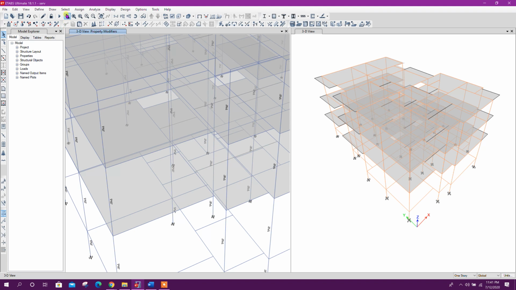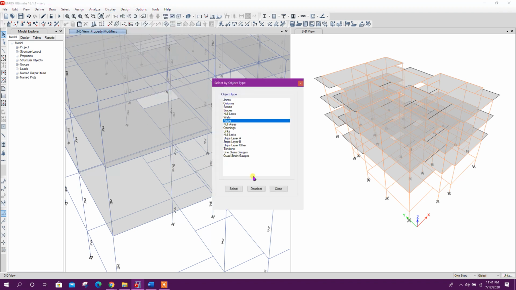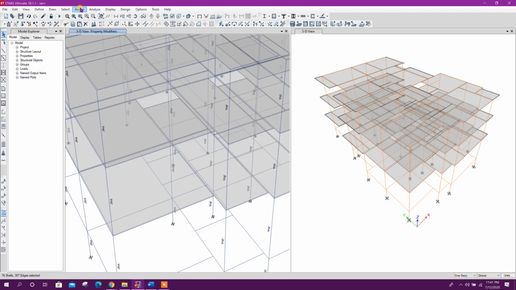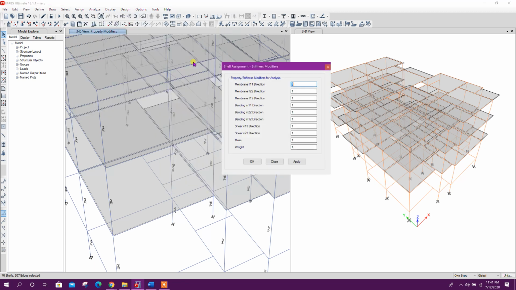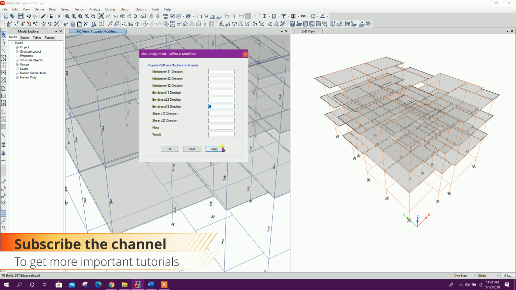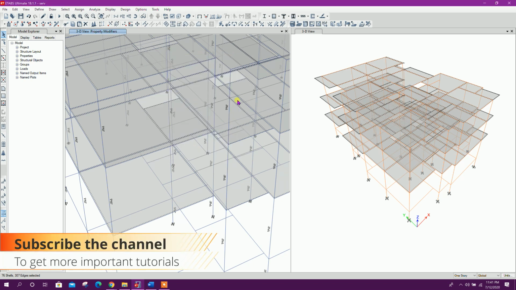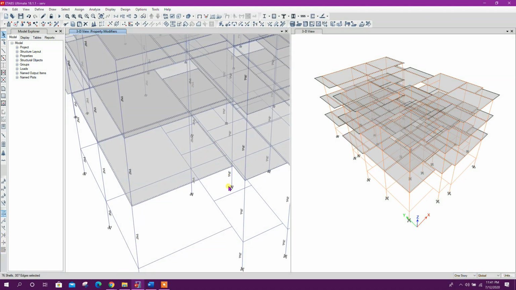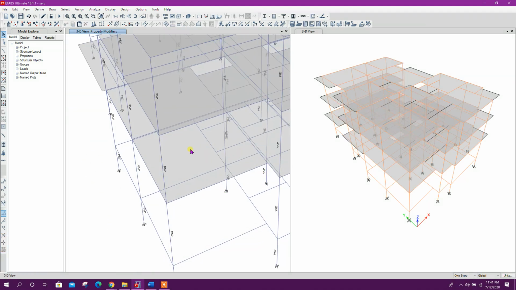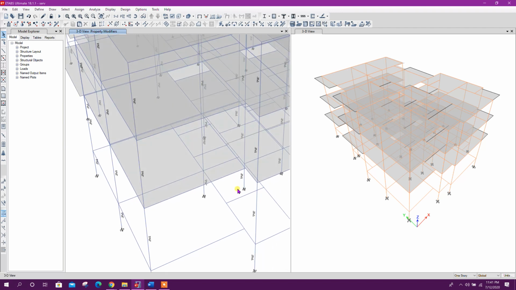For slabs also we can use the same way: object type slab, then assign shell. Here, from stiffness modifier, we can use our modification factors. So this is the better way to use stiffness modifiers, which will not allow any mistake.